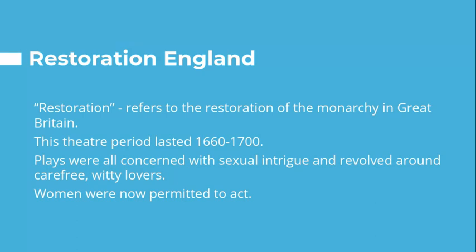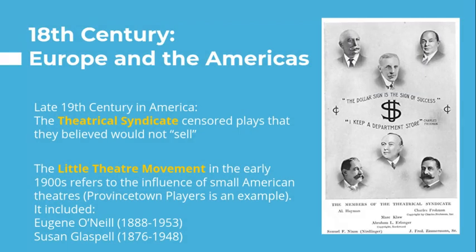Restoration refers to the restoration of the monarchy in Great Britain. And this happened because from 1642 to 1660, theater was officially banned by the Puritans, who had taken over the English government. When King Charles II returned from France, there were important innovations in British theater. Because there had been such an absence, it was the influence of France that was more important than the memory of what had been in Elizabethan theater or Shakespeare's time. So the British ended up with more proscenium arches, more of these comedies of manners, and for the first time, women were now permitted to act on stage.